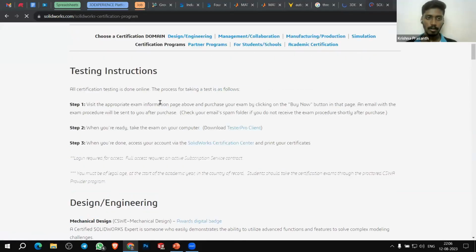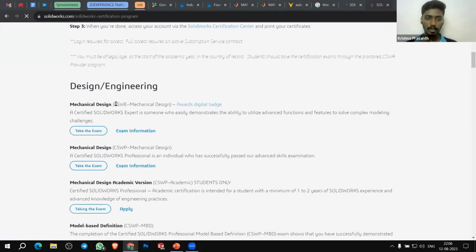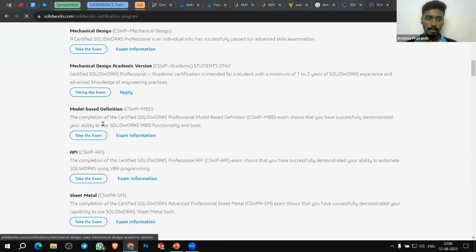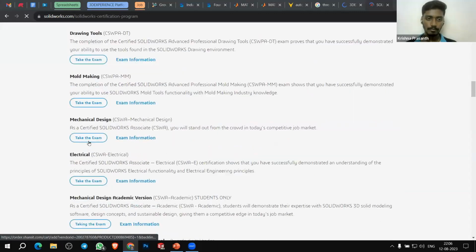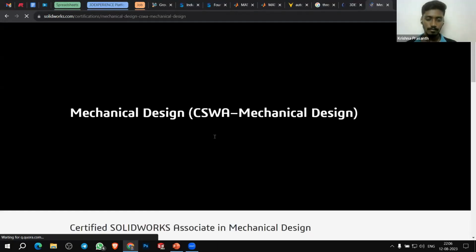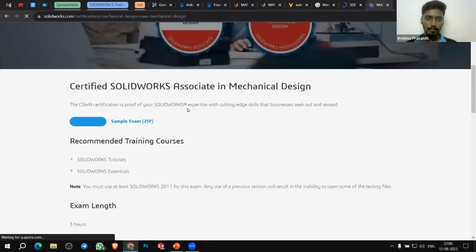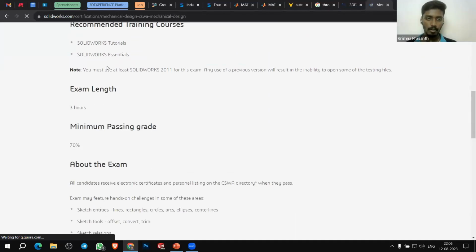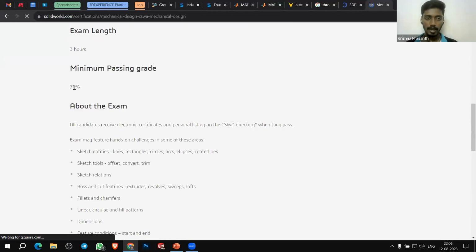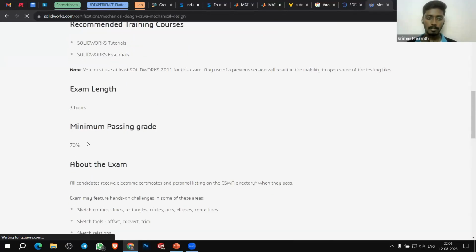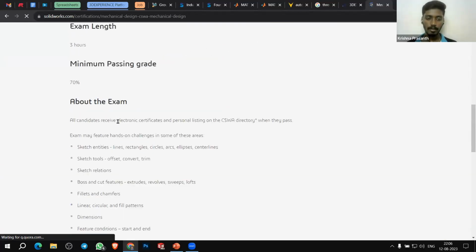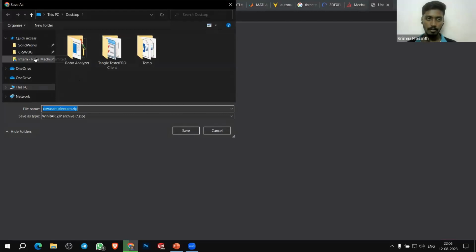Say, for example, we have the CSWA mechanical design. You can see the complete eligibility, minimum pass criteria, the time that is available for the exam, and everything here. You can download the sample exam on the website itself.